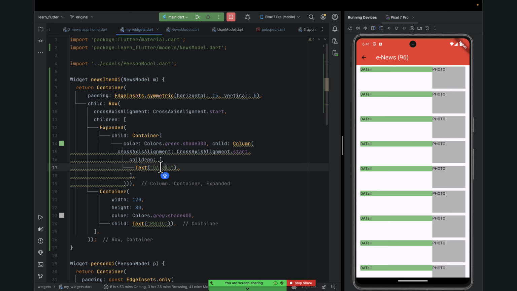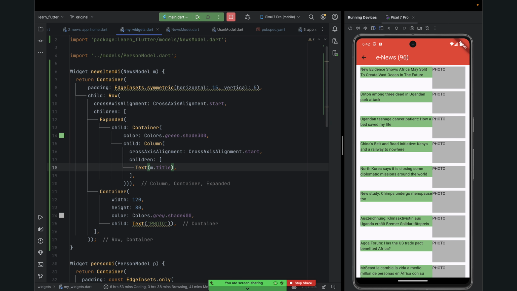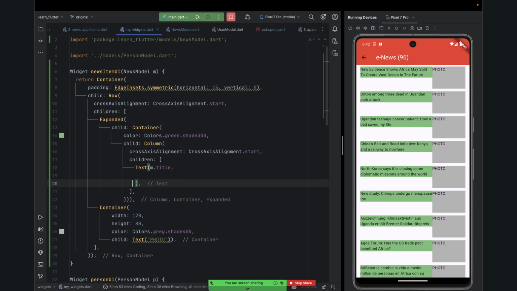So okay, here we're going to have a title, so we can start even displaying the title, no problem. So let's go ahead and get M here. This is the news article it is. So I'm just going to put here M dot the title, then we'll have our title there. All right, so we're going to maybe increase the size of the title. So we're going to simply format this title and give it